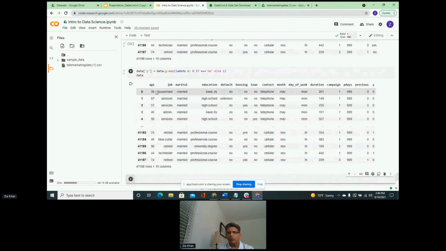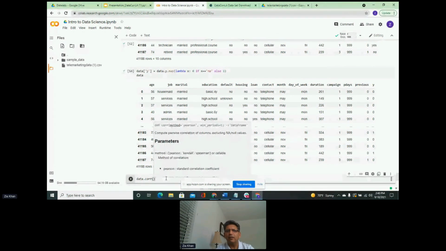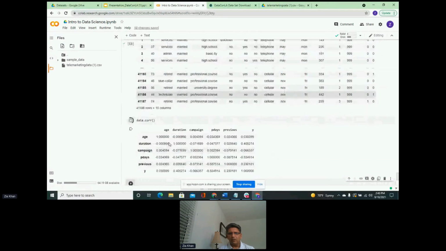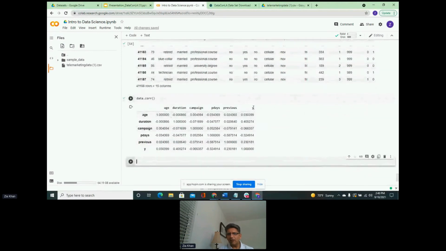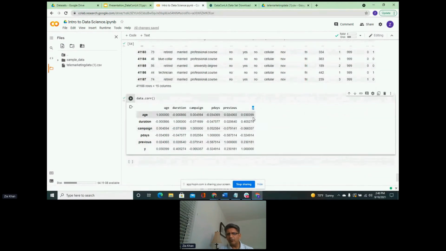All right, so we have done that. Now let's look at the correlation and see how the features are related with the target. So this is our target feature y, and these are our other features. This column represents the relationship between the target and the other features.